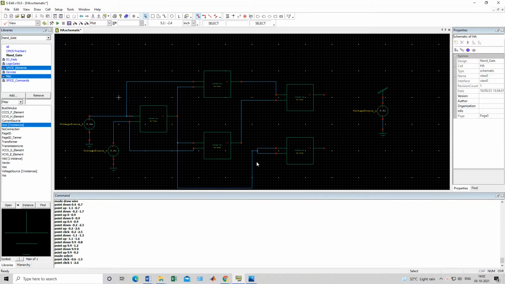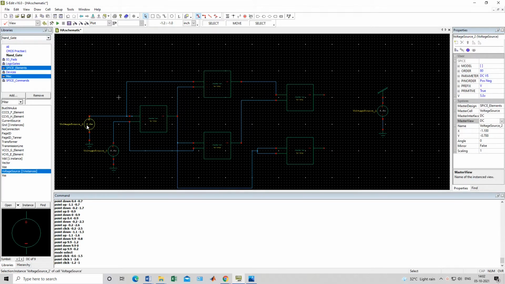We have constructed the half adder. We don't need this. We can use inputs A and B in the form of bits, or in the form of DC voltage also. In DC voltage, you have to consider 5 volt as 1. And if you remove this DC voltage and connect directly to ground, then it will be 0. So 5 volt means 1 and 0 means ground. In that way we can use a DC voltage source or a bit voltage source.